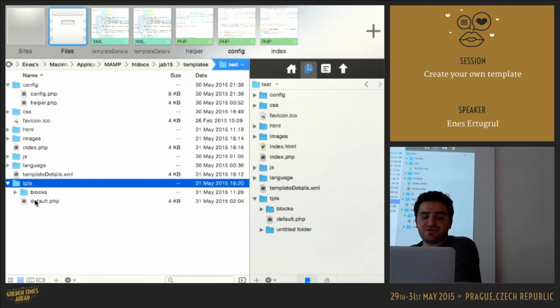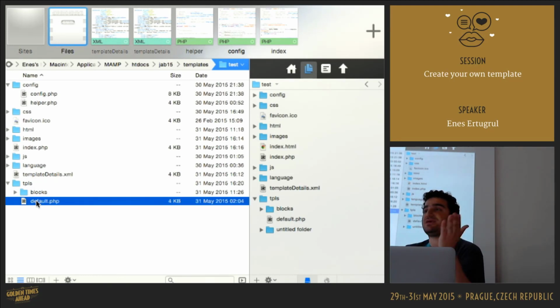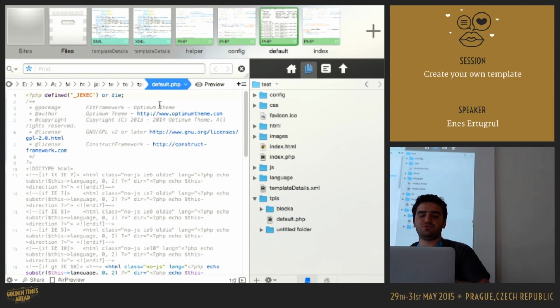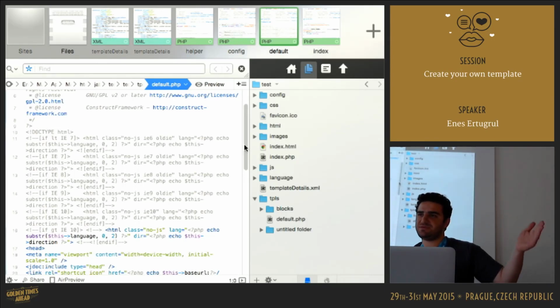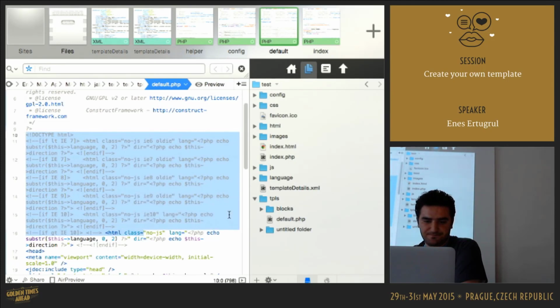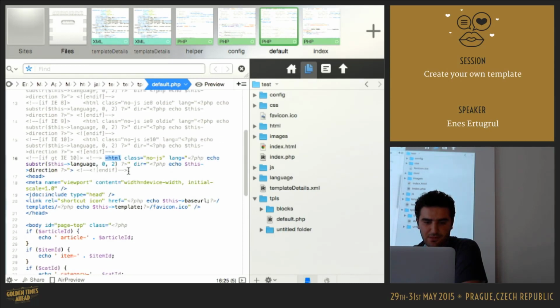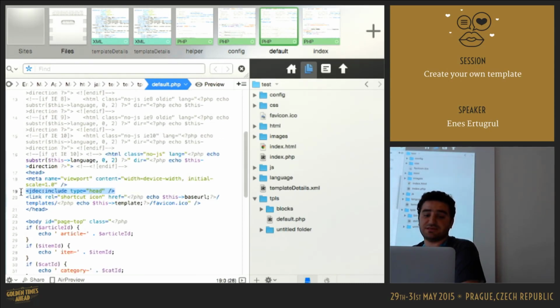So I created a default PHP file. You can name it whatever you want. In this file, I put all the content, and actually, instead of using the index.php file for the template for the site, I used the default PHP file. So I edit the HTML heads here. Our HTML text starts here, and here is the Joomla standards include